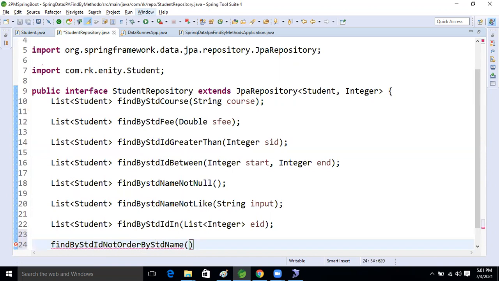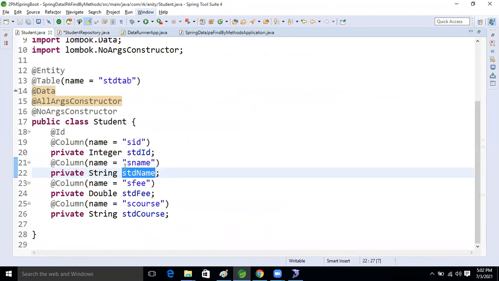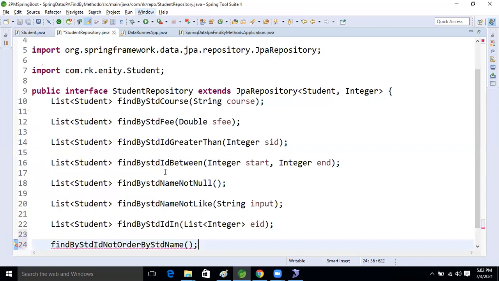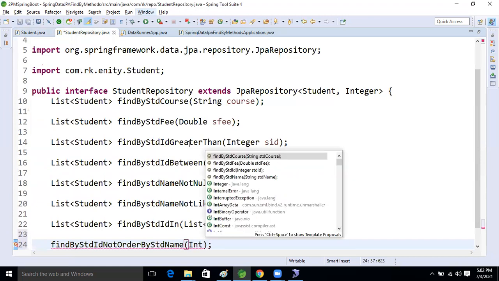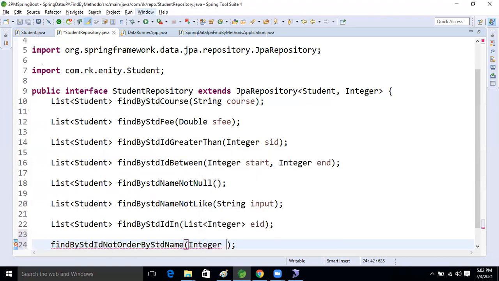And the argument we will take, because we are taking what? First, integer, right? This data type is what now, guys? Integer. So we will take the argument here as integer, because we will pass our ID only. So integer ID, okay? We will take the ID and it will return the list of what?